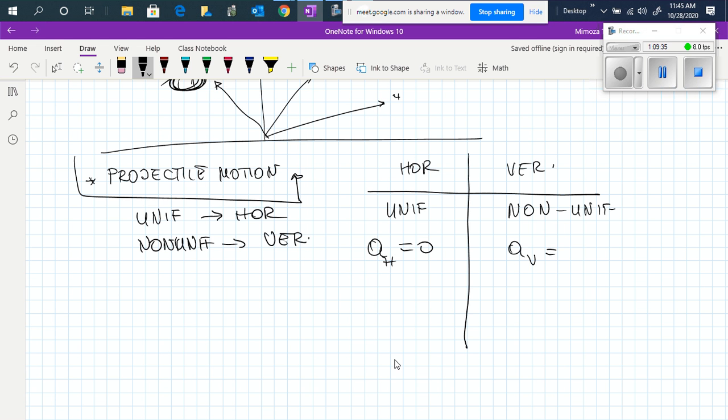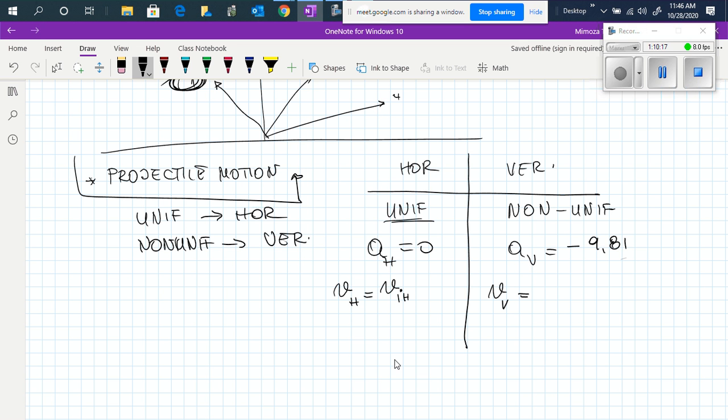On the uniform, we have acceleration equal to 0. On the non-uniform, we have acceleration equal to the acceleration due to gravity, which near the surface of the Earth is 9.81 meters per second squared, and since it is going down to the center of the Earth, it will be negative 9.81. The velocity in the horizontal is constant because we are dealing with a uniform motion, and will be whatever is the horizontal component of the initial velocity,